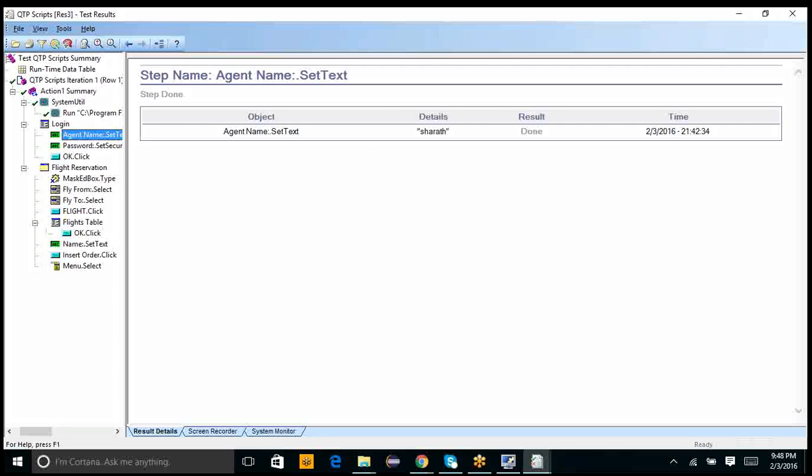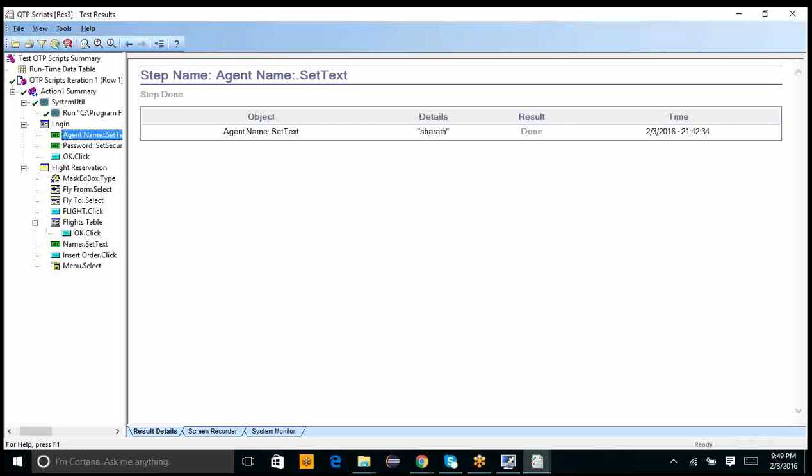If a step is recorded and it is played back successfully, then by default QTP will give you a result as done. If suppose you have recorded one step and it didn't work, then only you will get failed. If it has worked properly but some information is incorrect, then you will get warning messages.